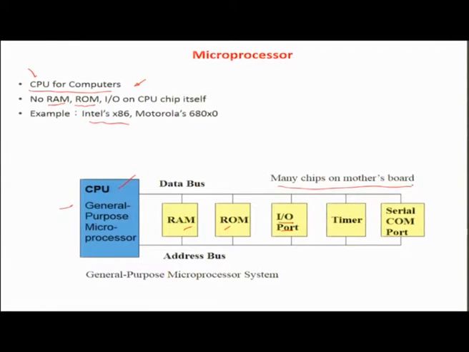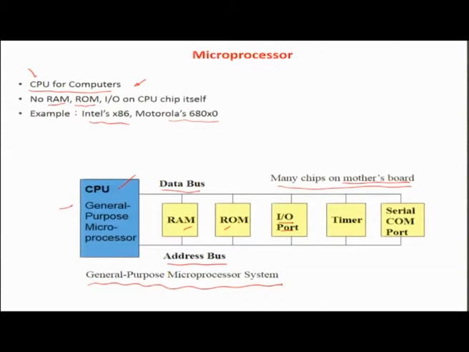If we talk about a microprocessor, examples could be Intel's x86 or Motorola's 680X0. These are two microprocessors, for example. So you have connects between the CPU, the RAM, ROM, IO ports, timers, serial COM ports, assembled maybe on a motherboard. So there are many chips on the same motherboard, okay, and these are connected together through information sharing mechanisms, the buses, okay, which are again a short form of the Latin omnibus, which means that they are systems to handle data. So you have input output data, okay, being handled,